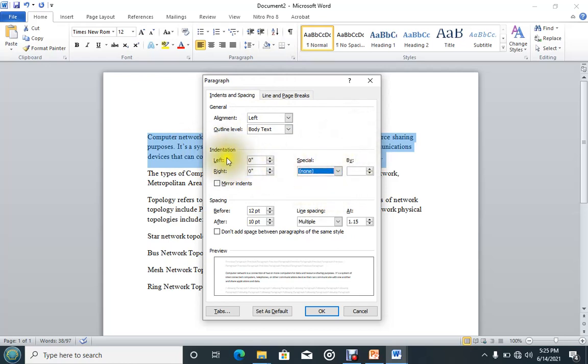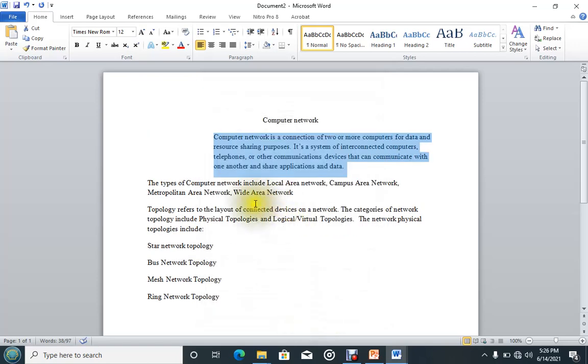In case we are applying left indentation, you need to come and specify the measurement. For example, I want it to move by 1.5 inch. You can see from the preview here what is happening. It is moving inwards. Then when you click on OK, you can see now where my paragraph is.